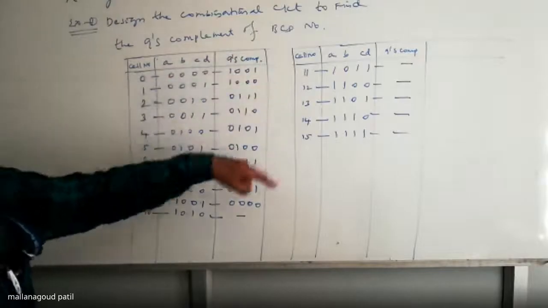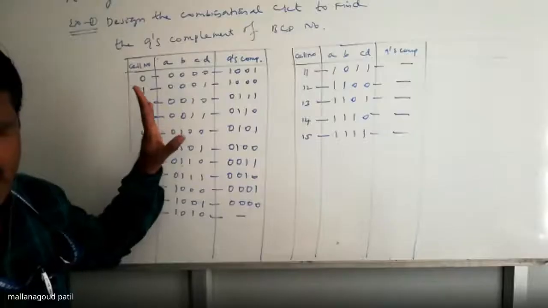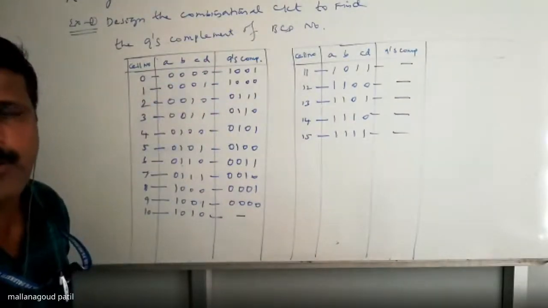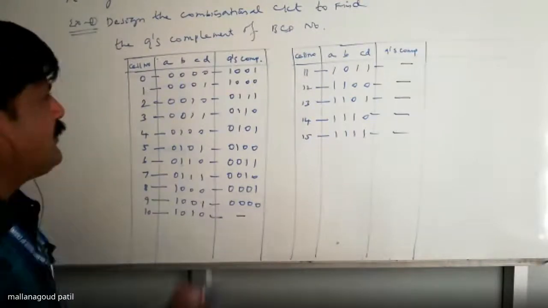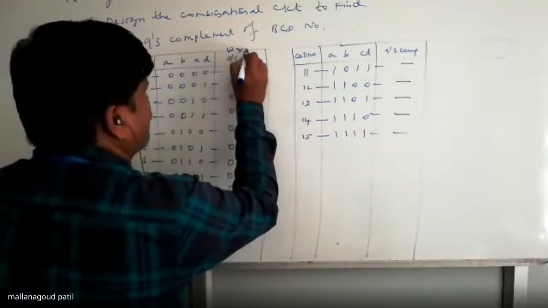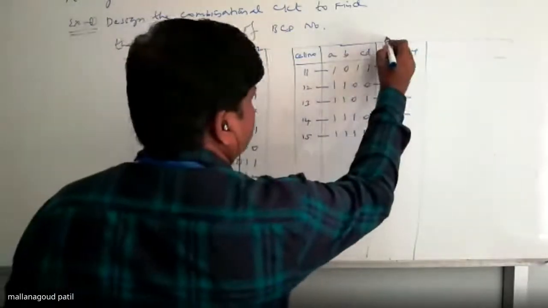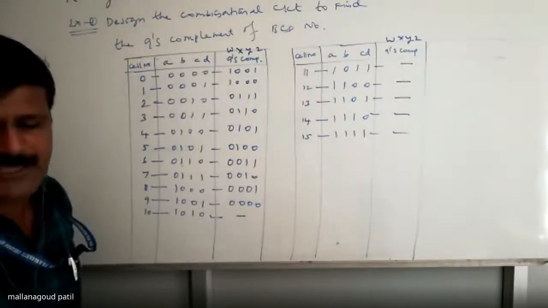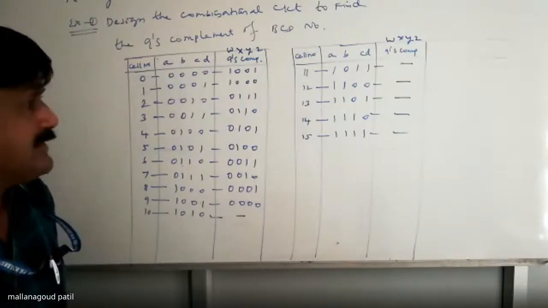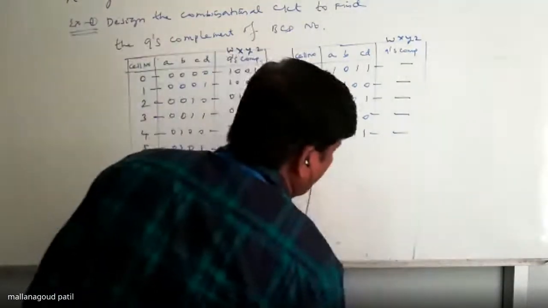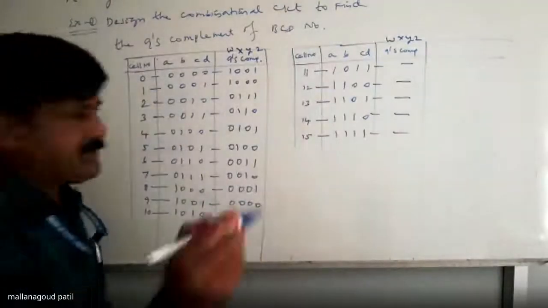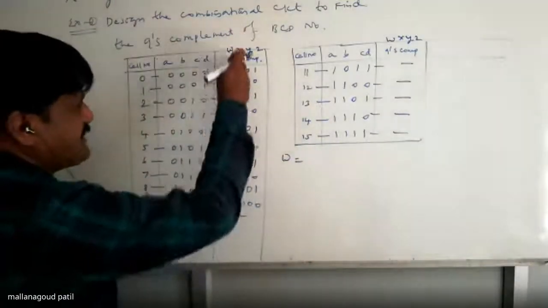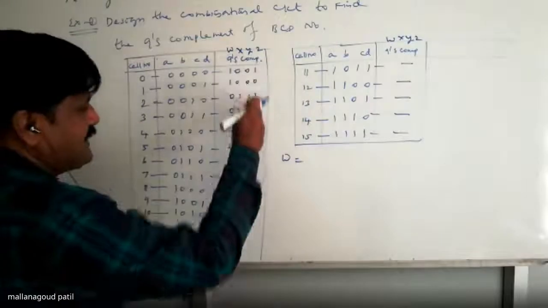See, in this case, when you have a table and you have written the 9's complement value, you have to give a name for that. When you are giving the name, I can write W, X, Y, Z inputs. Then each column you have to separate. When you are separating each column, you will come to know how to write for that. W is the first column, X is the second column, Y is the third column, Z is the fourth column.